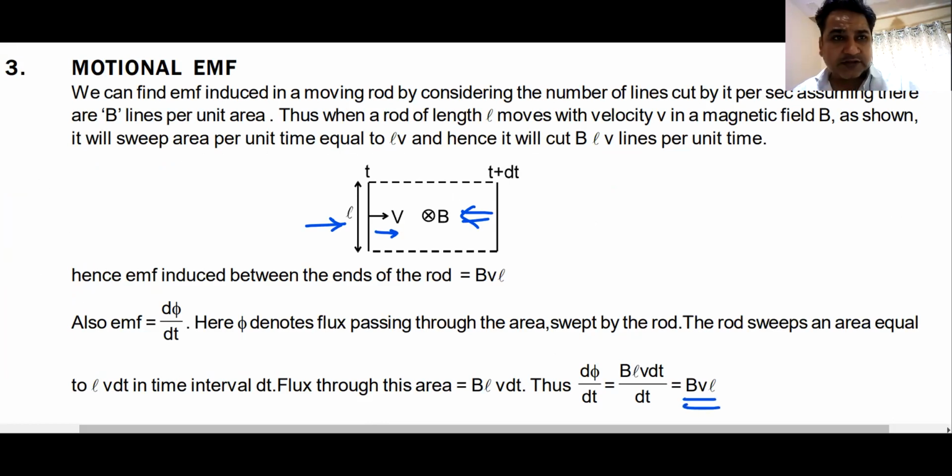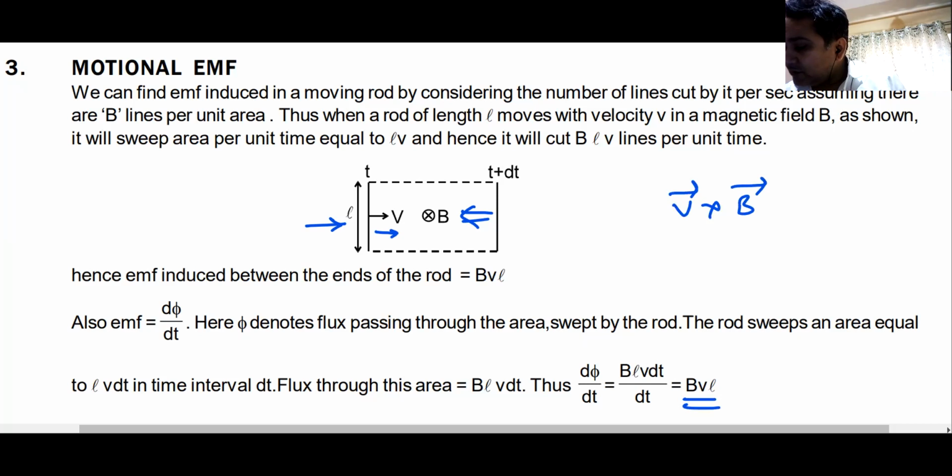You know how this happens? It has a large number of electrons and protons. Protons will move in one direction, electrons will move in the other direction, and because of this motion, they will create an electric field. At one point in time this electric force and magnetic force will balance, and the motion of the electrons and protons will stop. One terminal will come at a higher potential and one terminal at a lower potential, and there will be a potential difference created between these two, given by V cross B dot dl.